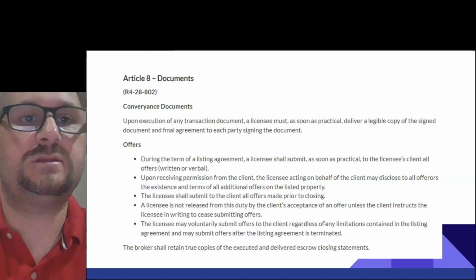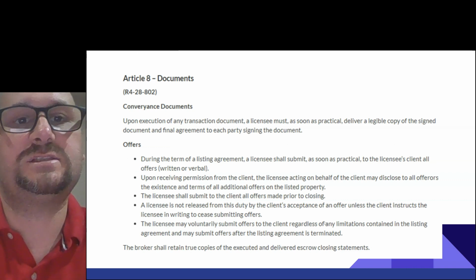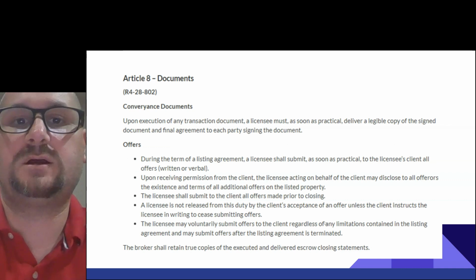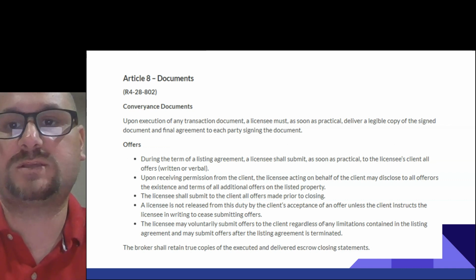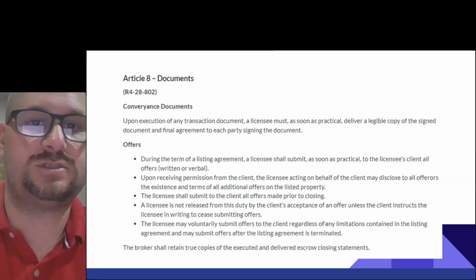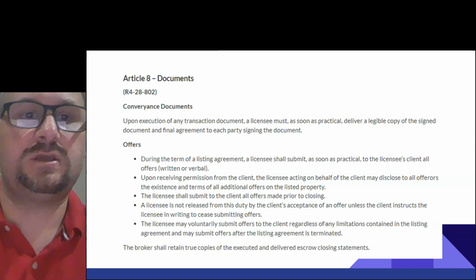So Article 8, documents, Commissioner's rules, are Rule 4, conveyance documents. So upon execution of any transaction document, a licensee must, as soon as practical, deliver a legible copy of the signed document and final agreement to each party signing the document. So here's offers.